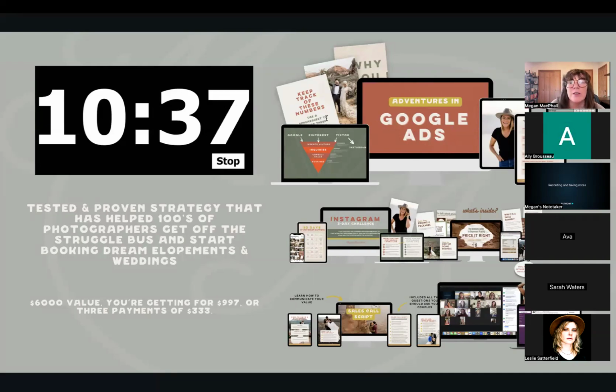I'm a maternity and newborn photographer, very interested in the program. I run ads now and I'm spending 350 to 400 a month with very few inquiries from it, but 98% of my bookings come from Google. I just need more inquiries. I would love to get into your Google Ads and see how we could improve that.